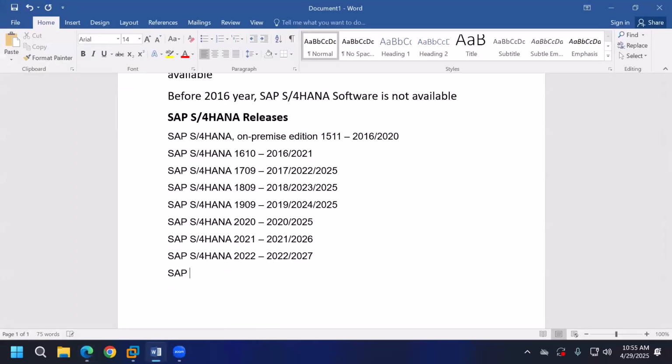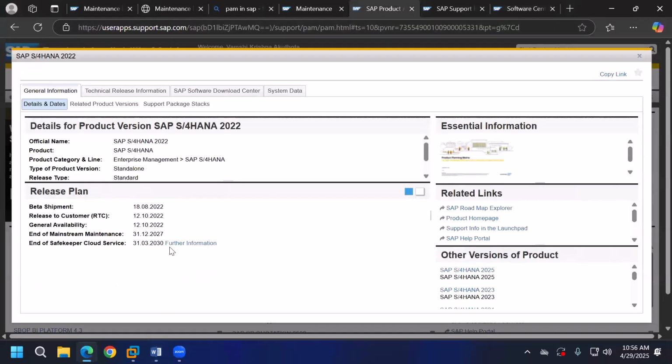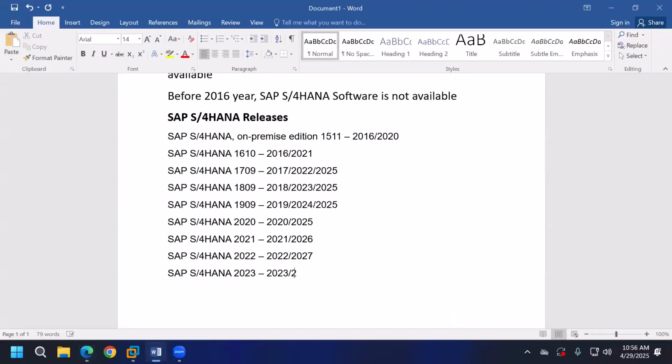Next, SAP S/4HANA 2023. In which year is it released? In 2023 it is released. It is there because the mainstream maintenance date is not completed. 2030. So here you see, every year